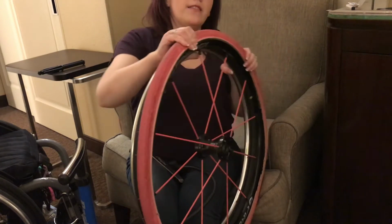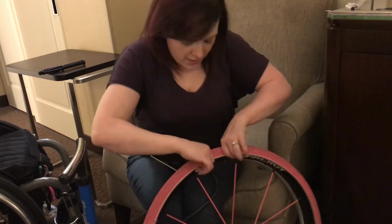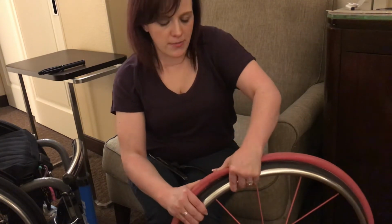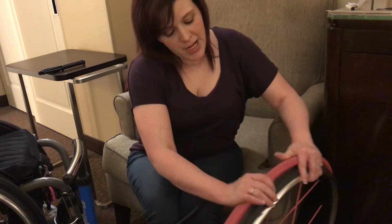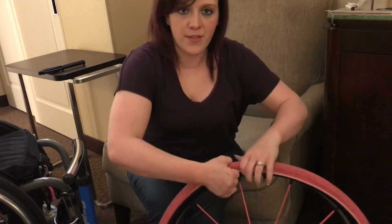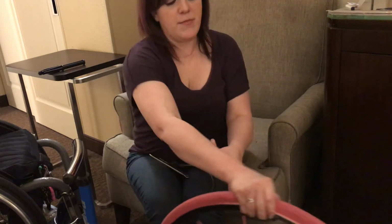So you can use the tire lever maybe a little bit, but I'm going to try to just get it back on with my hands as much as possible, since I can't really use the metal tire levers once I've got the inner tube in, because again, I don't want to puncture it. I'm just taking my thumbs and pushing up from the edge of the tire that's off of the rim right now, and taking my hand and pushing it onto the rim this way,